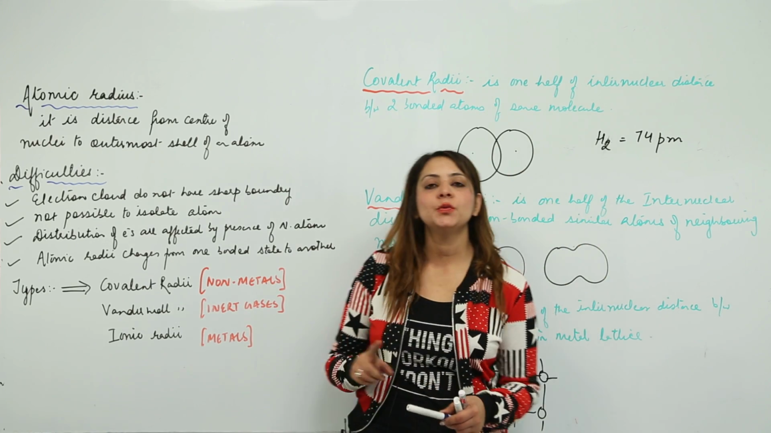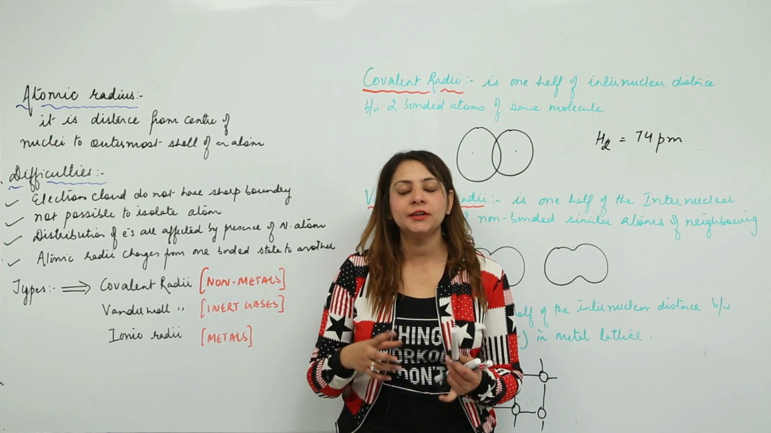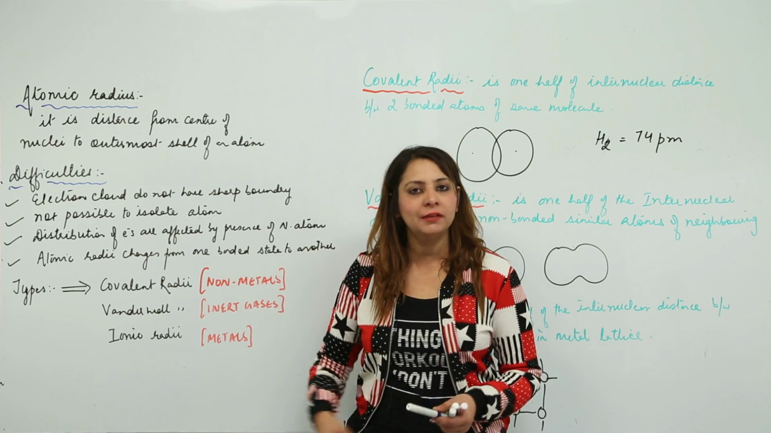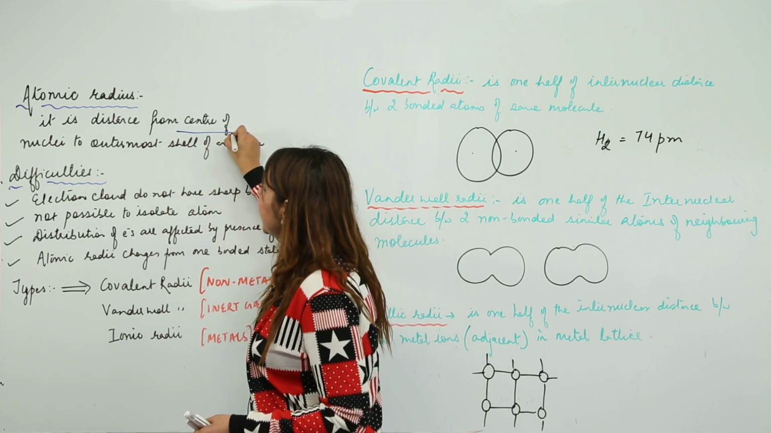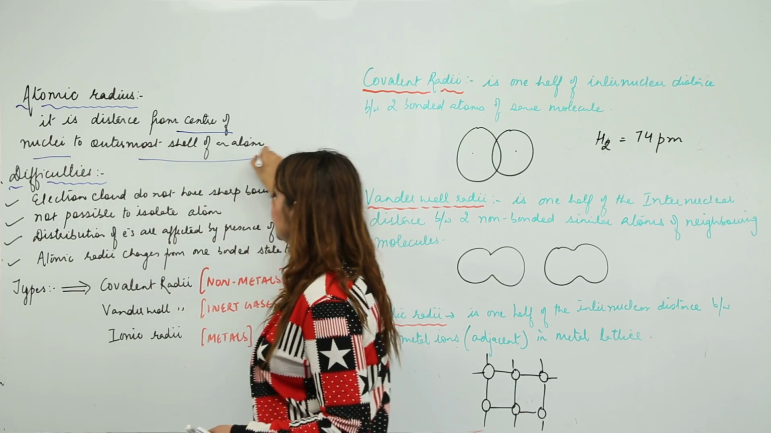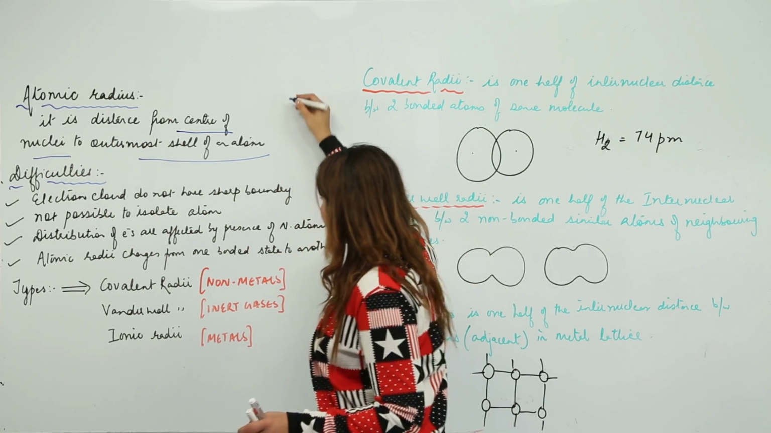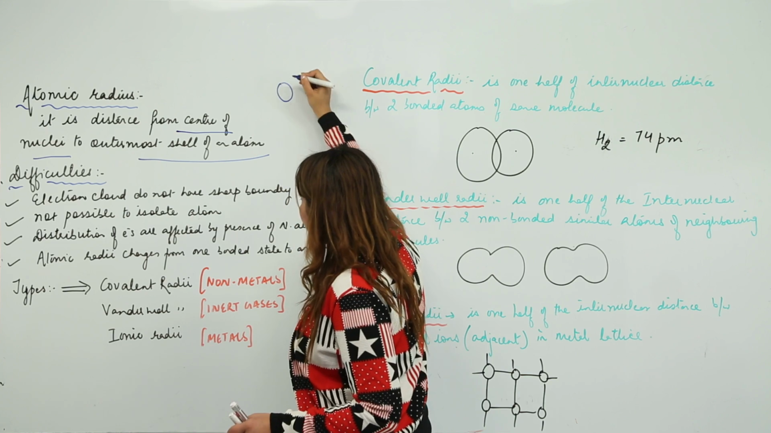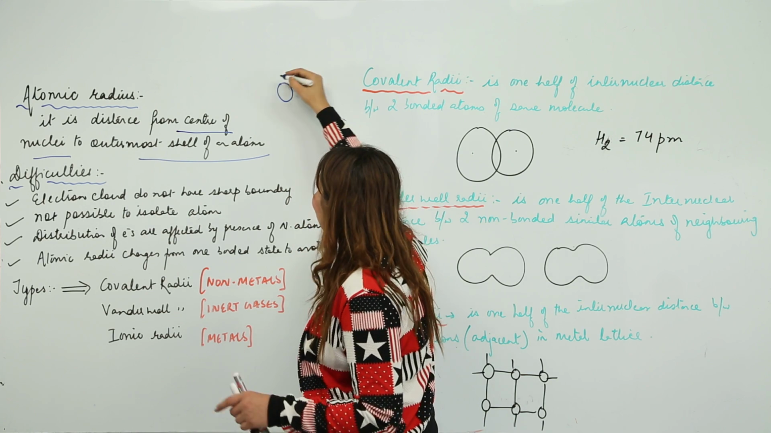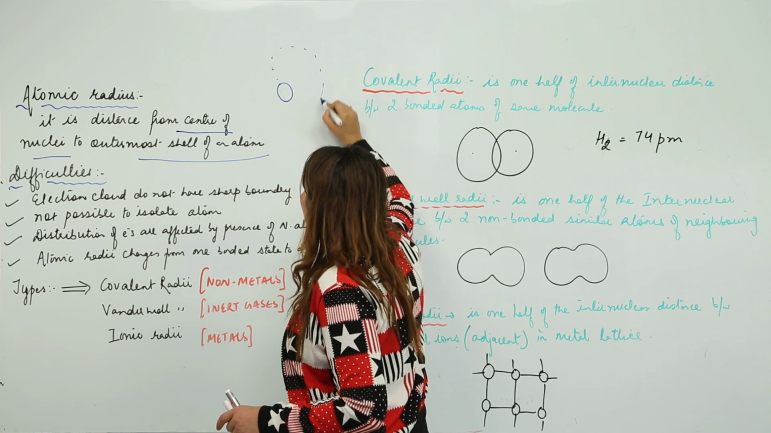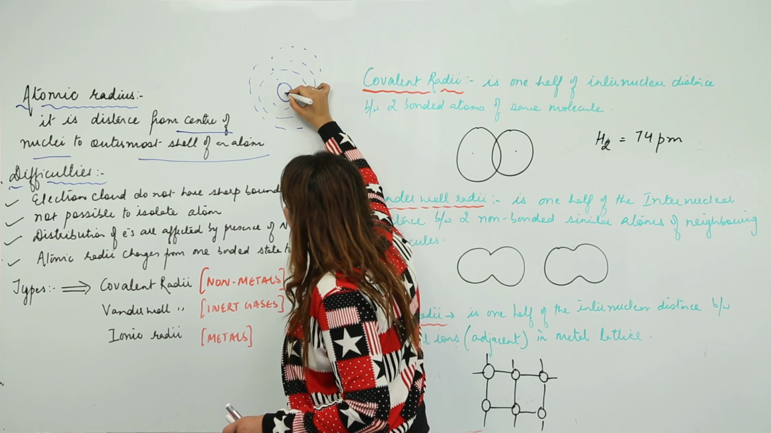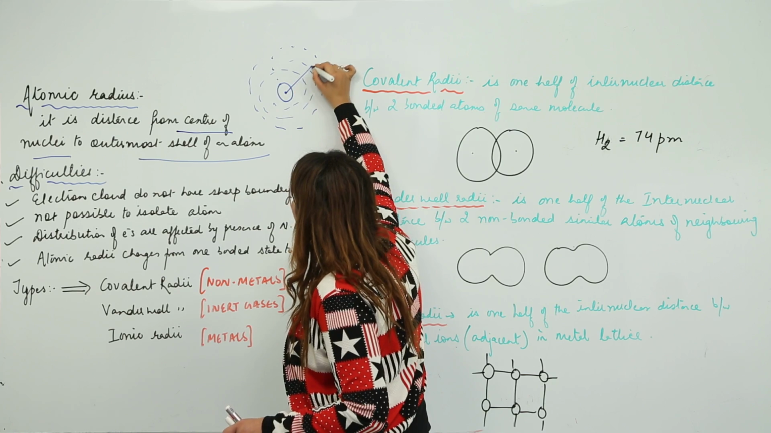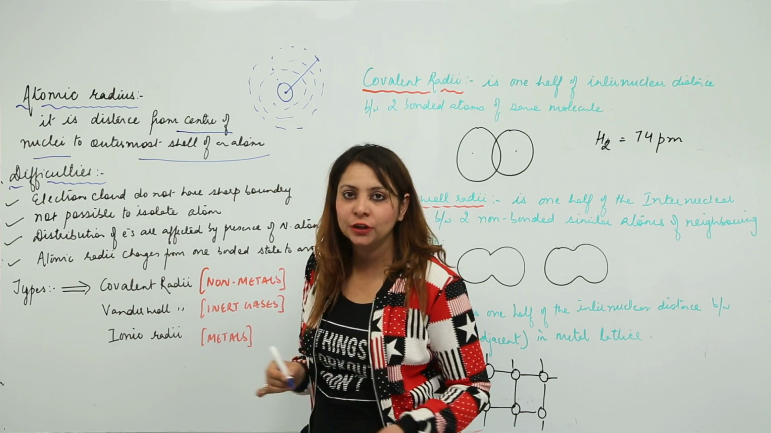Now we are going to start with the first property of an atomic property, that is the atomic radius. So what is it? It is actually a distance from the center of nucleus to the outermost shell of an atom. As you know, this is a nucleus and there is an electron cloud all around, right. So it is actually the distance from the center of nucleus to the outermost electron cloud,